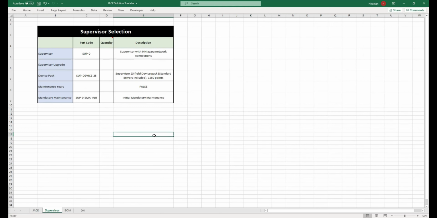Now you'll see the supervisor to be SUP0, which says supervisor with 0 Niagara networks, because you don't have any JACEs here. The device pack it has considered is SUP device 25. It says 25 field device pack, but